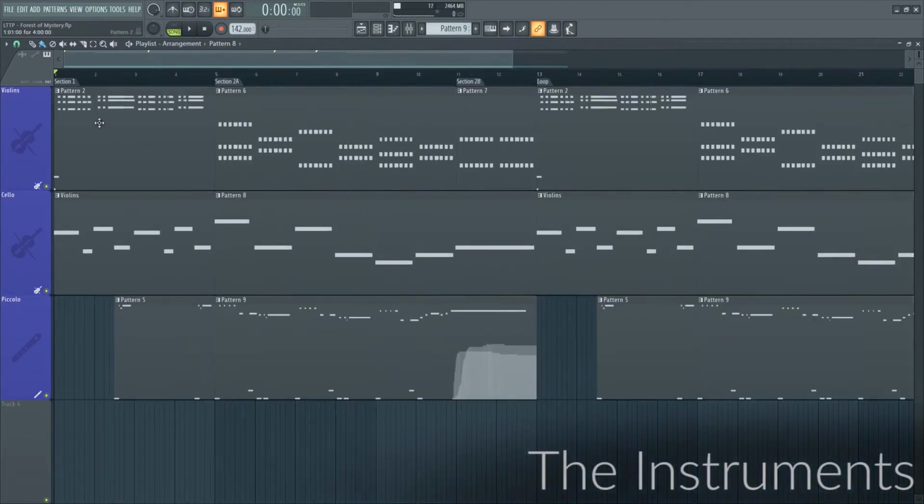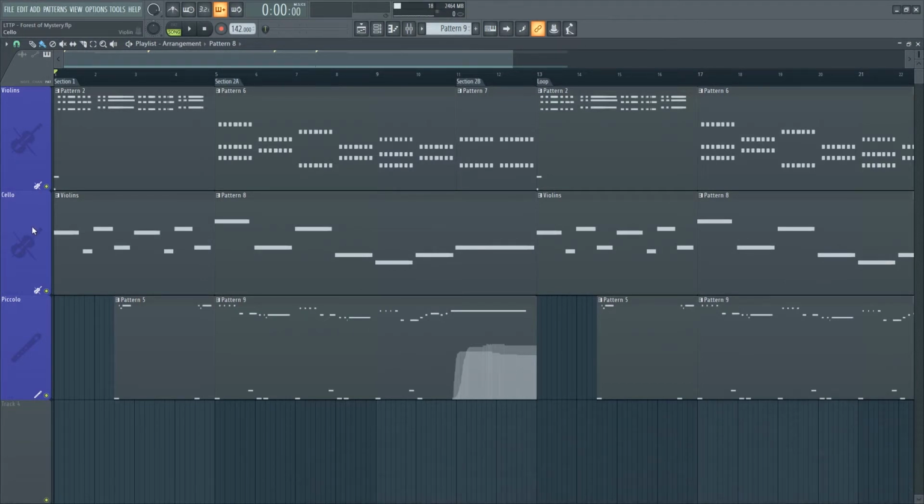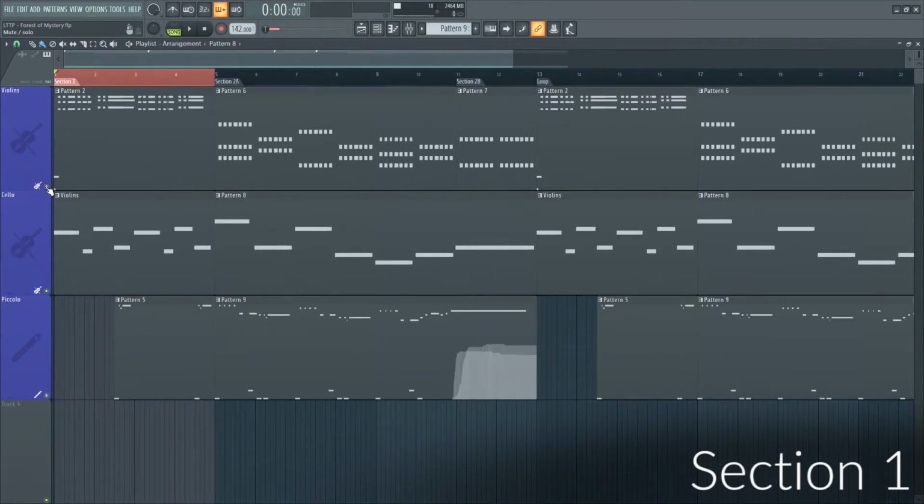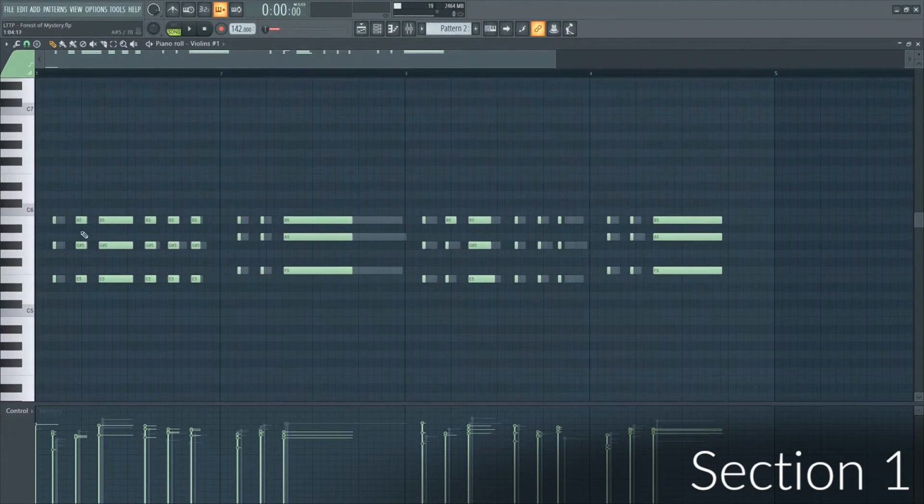Now, there are only 3 instruments that make up Forest of Mystery. The violins are the primary driver behind the song, outlining the chord progression. The cello underneath it is very simple, but highlights the root of the chord. Lastly, the piccolo is the melody instrument. To add more texture to the piece, I doubled the additional instruments here, with at least 3 different violins, 2 cellos, and 2 piccolos. In section 1, starting in the violins, they begin on this E major chord,